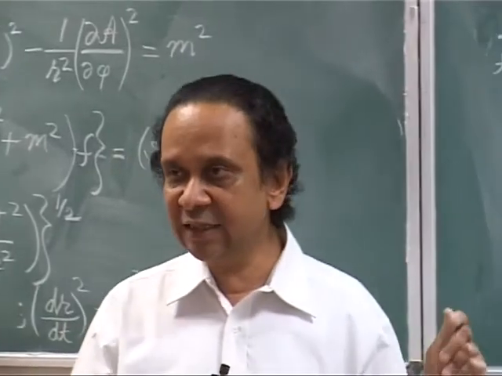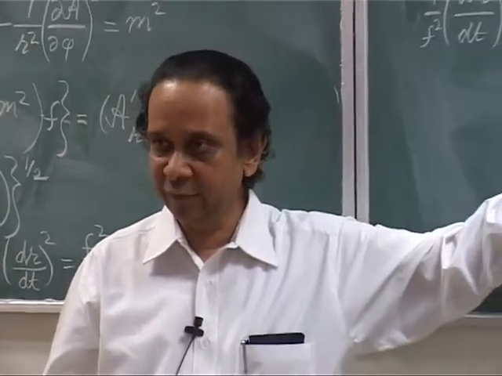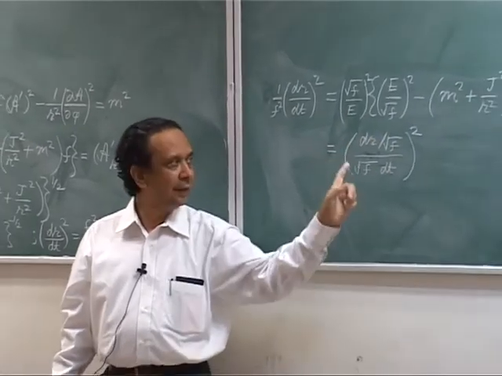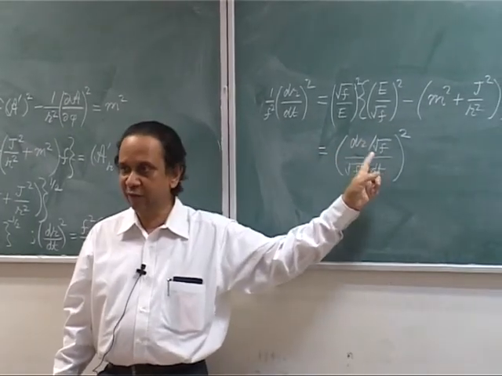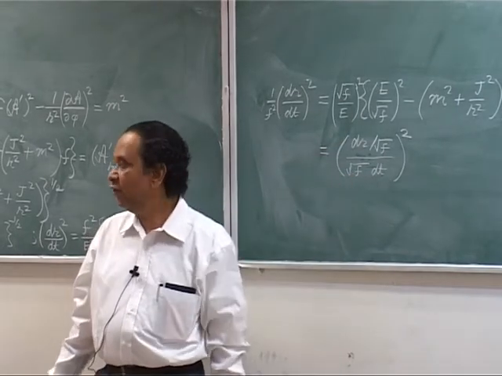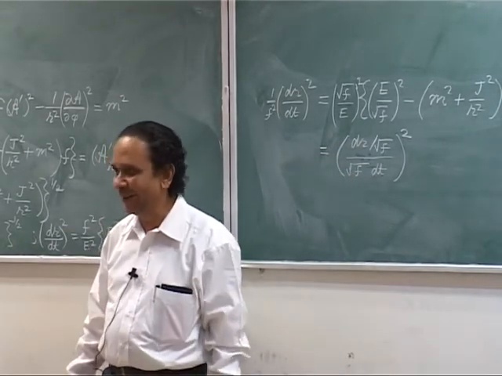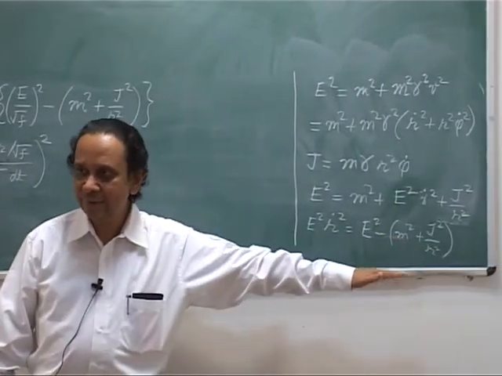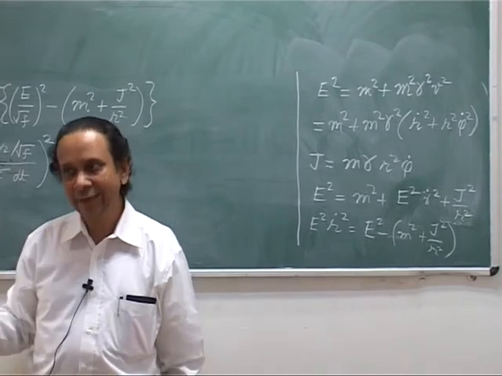So, if you replace energy by E over root f, the energy as measured in special relativity, by E over root f, dr by dr upon root f and dt by dt into root f, you get the same equation. So, you need not have done any of this. You could have started with this, done the replacement, and the equation you get will be correct.